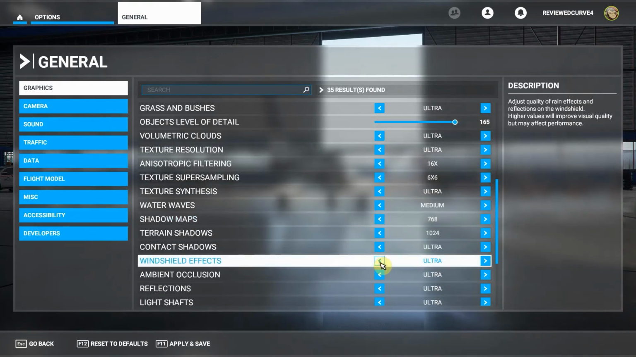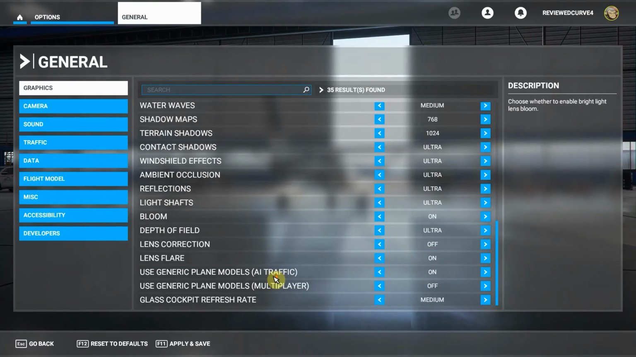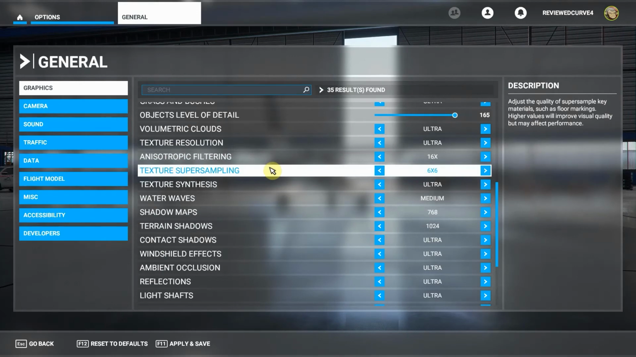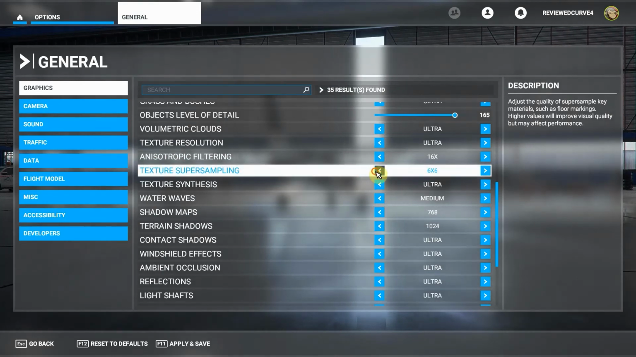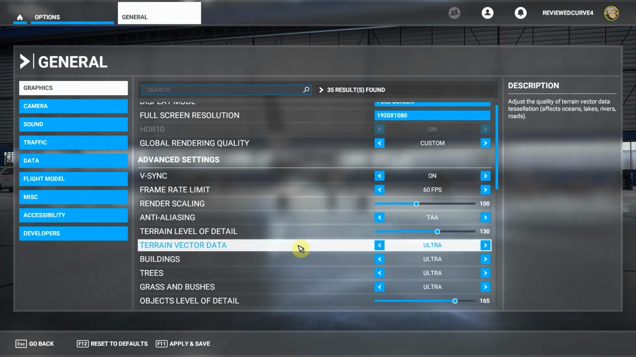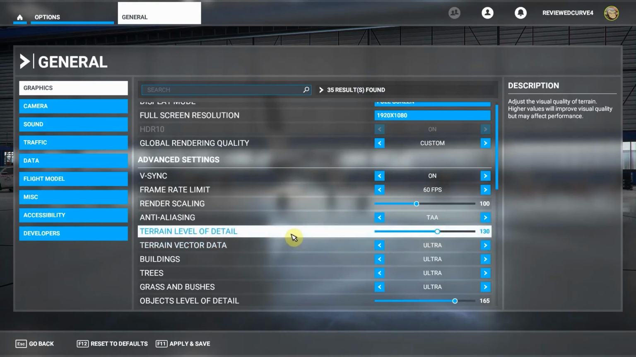Lastly, is a text. Where is it here? 4x4, yes, right here. Texture super sampling. All right, I brought it down to 4x4 and it helped me a lot. You can put it back up to 6x6 if you feel that you don't need to, but that is the 5th one. So just to go over again, in order is terrain level of detail,